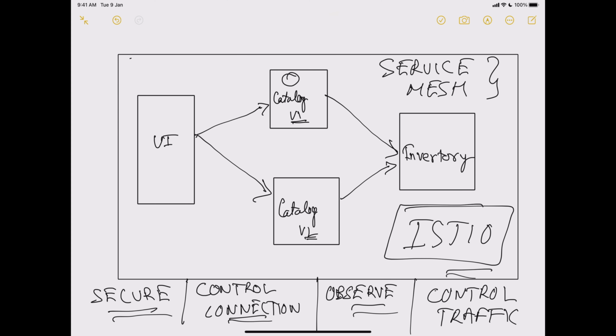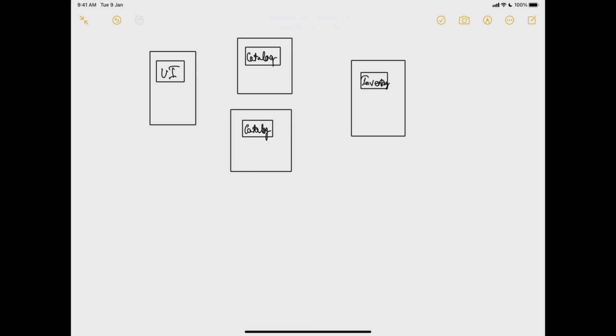Now let's see how Istio can help us with all the functionality we wanted: make our services more secure, have connection control, and help us observe them and get better traffic control.